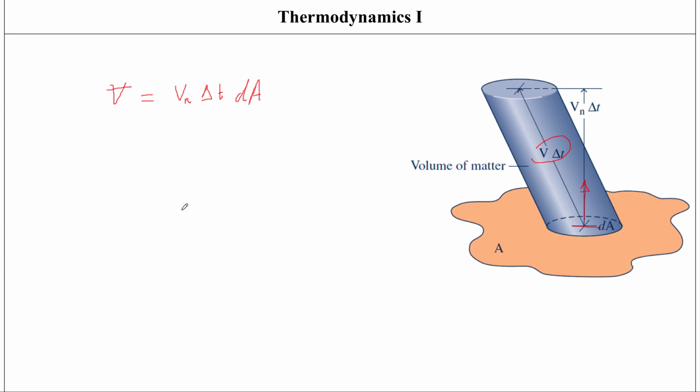delta t. And if I was to convert this into mass now, because I want to find out the mass flow rate, so I need to find out the mass first. And I already know the relationship for mass, density, and volume. So in order to do that, I would have to just multiply this entire term on the right-hand side with density, right? So if I multiply this entire thing with density, I would get mass, right? So let me just write this here. Rho into Vn delta t dA